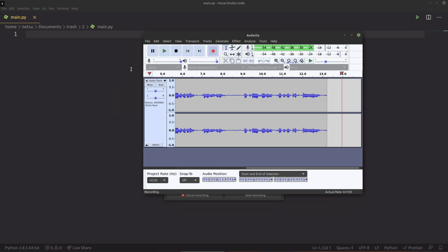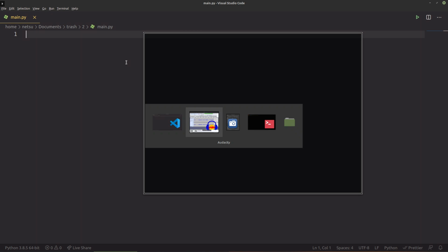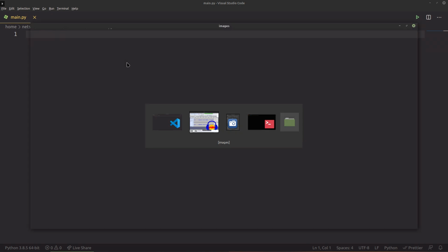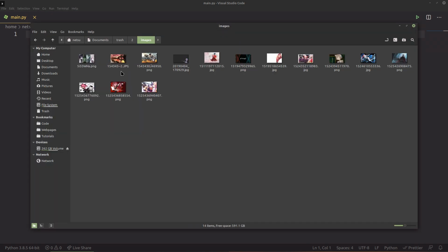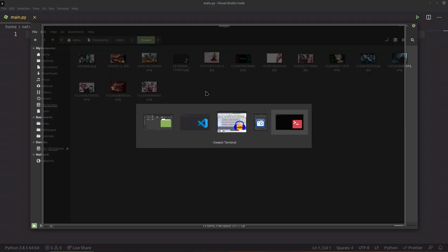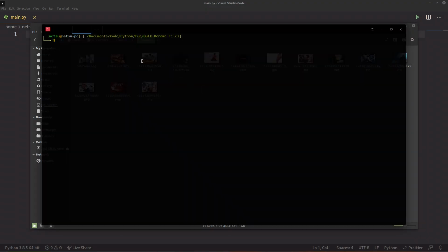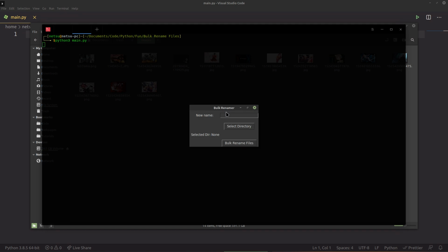If you want an example of exactly what we'll be creating, here I have a couple of images. As you can see, their names are just numbers and very random. Then here I have a Python file, and if I run that, you get a little pop-up that says bulk renamer. Here we can put the text in if we want. So if I want to go image,